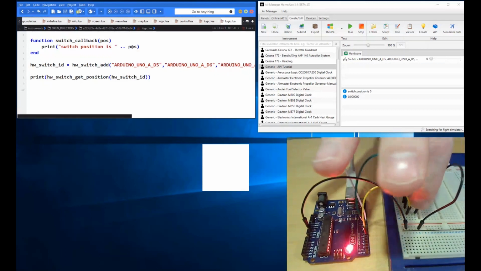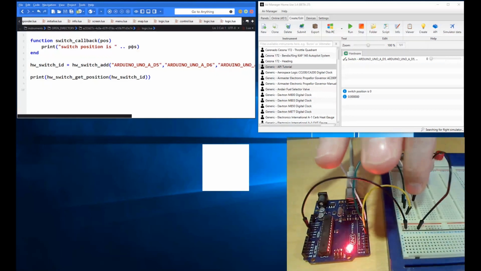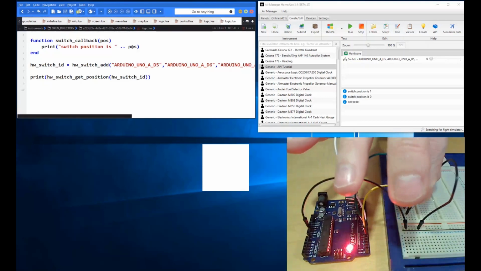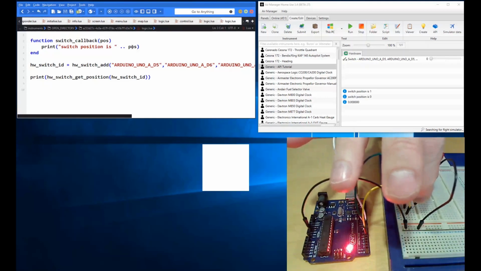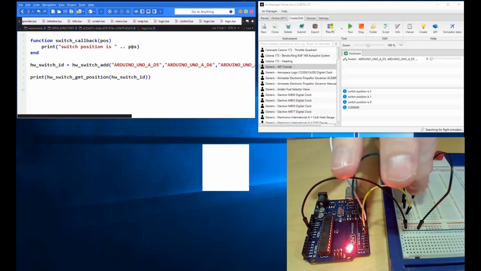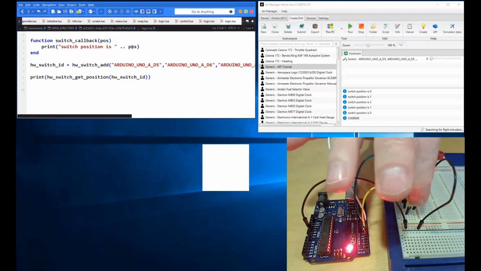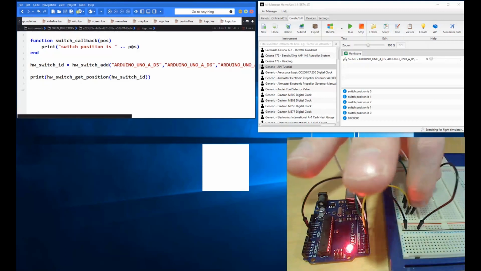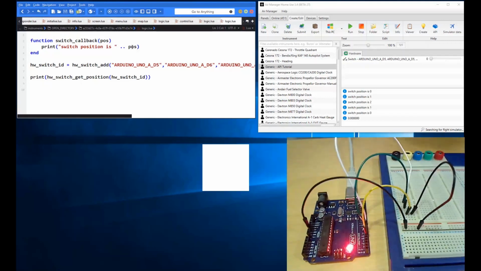So let's go ahead and move it from position 0 and go to position 1. There you go. So now we're in position 1. It says switch position is 1. We take it out of 1, we go to 2. Switch position is 2. Is 1. Is 0. So you can see there, every time you basically move that ground connection as if you was rotating